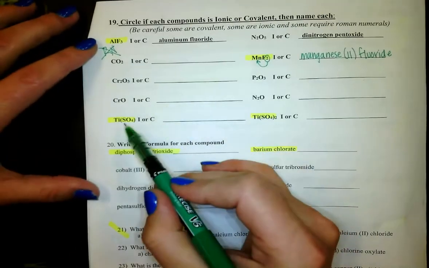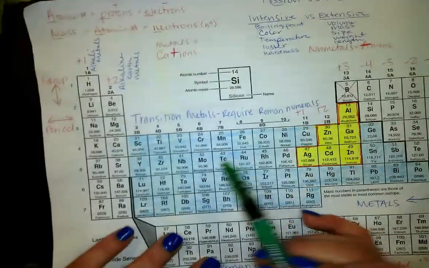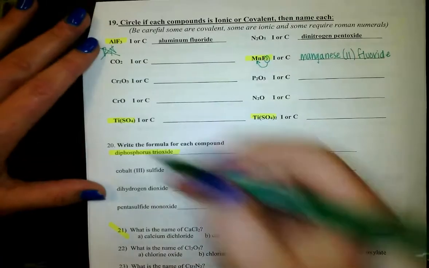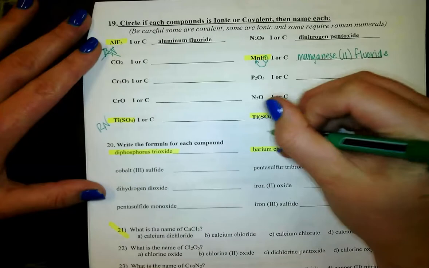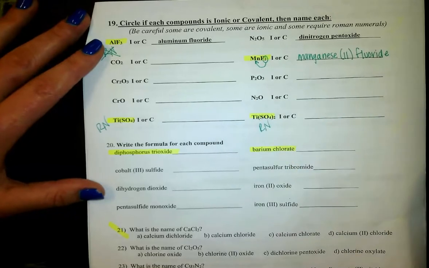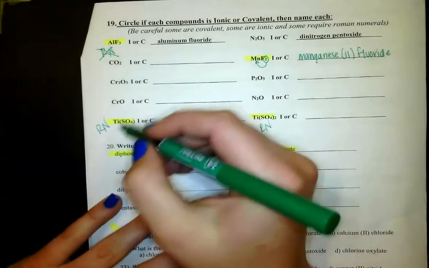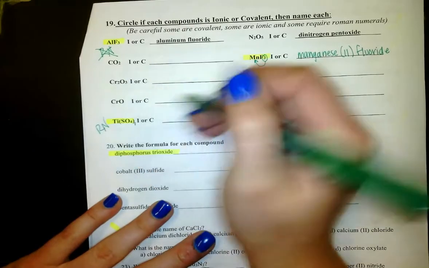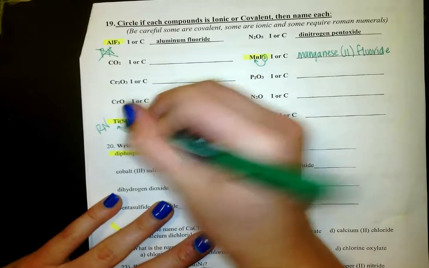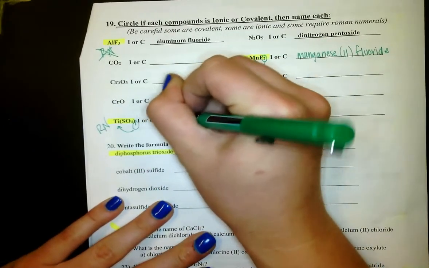Right? We got the same idea down here for titanium. Titanium is also a transition metal, so I'm going to need a Roman numeral for both this one and this one. Okay? So titanium, I'm going to use a subscript of 1 to go with it. So this is titanium,